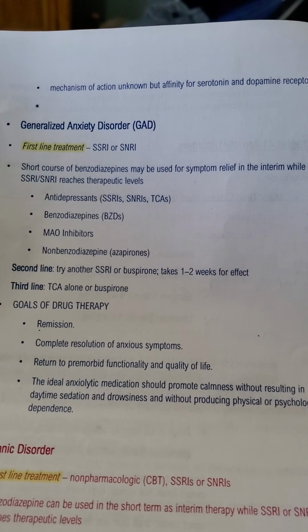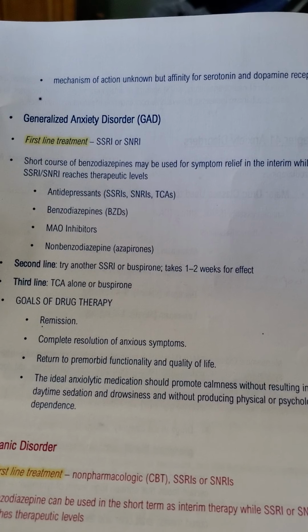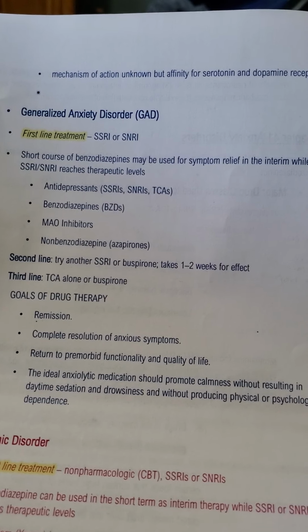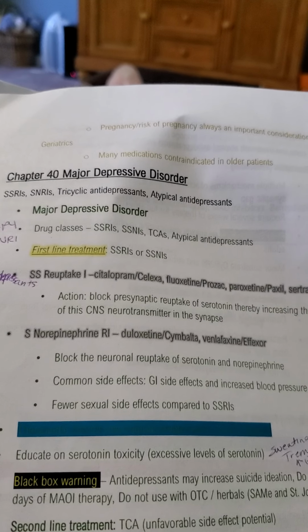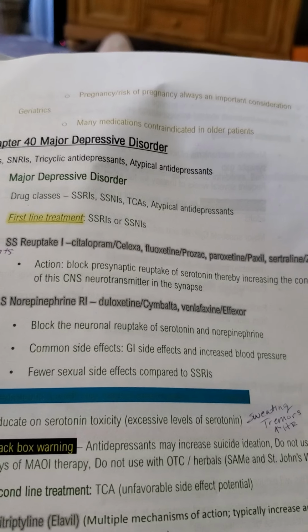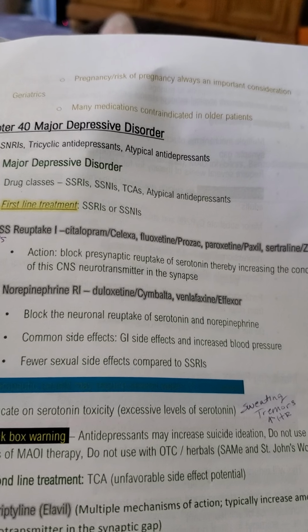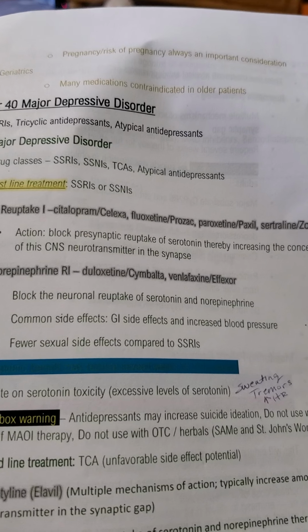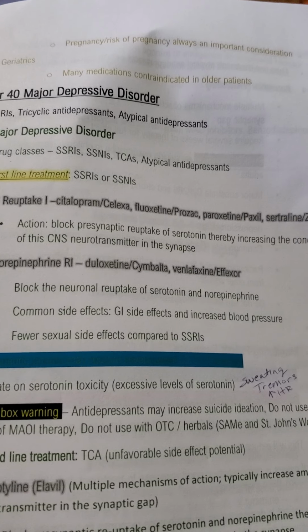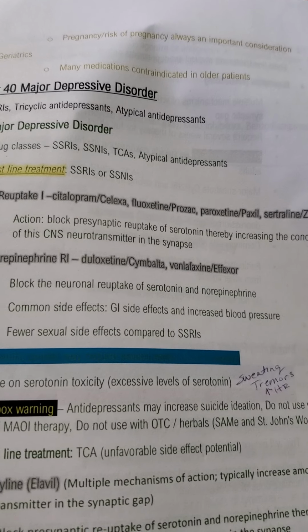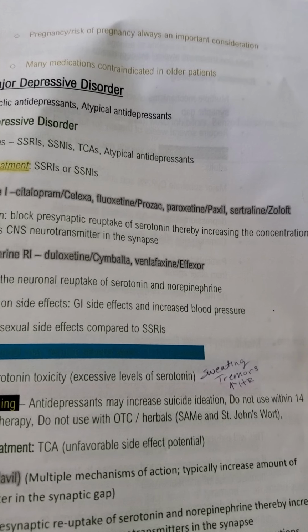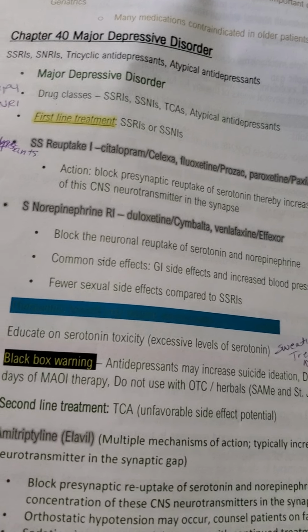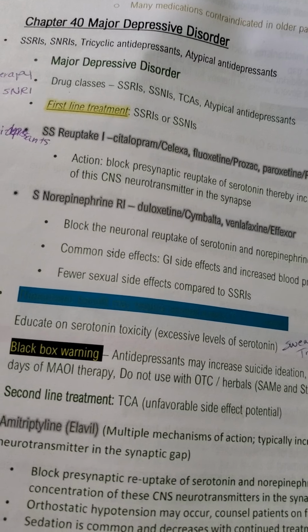Now for generalized anxiety disorder, GAD. The first line treatment is the SSRIs or the SNRIs. SSRIs: citalopram, fluoxetine, paroxetine, sertraline. Actions: block the presynaptic reuptake of serotonin, increasing the concentration of the CNS neurotransmitter. SNRIs: